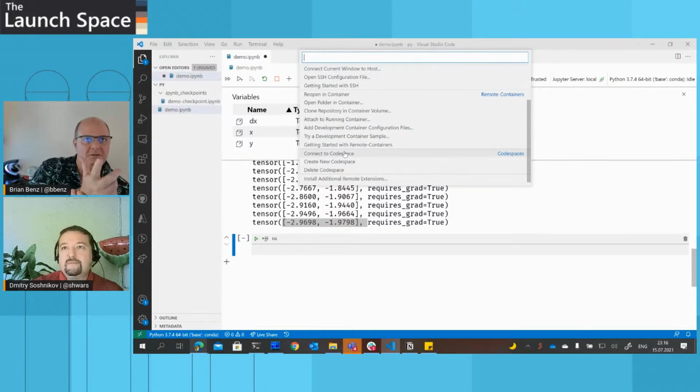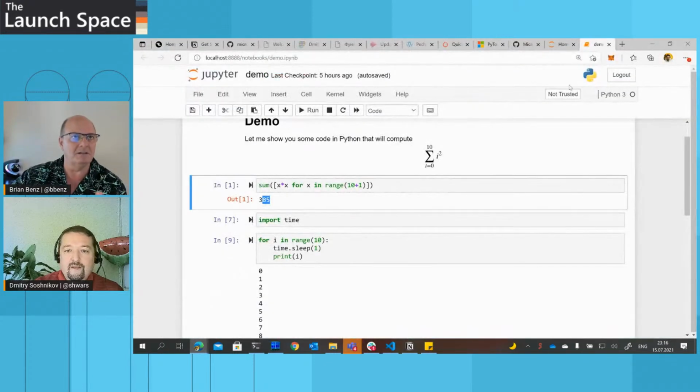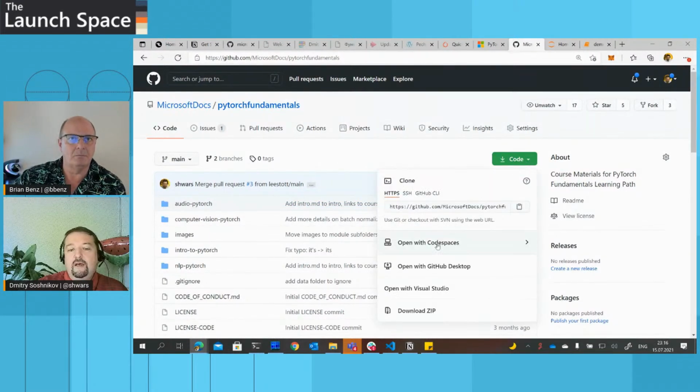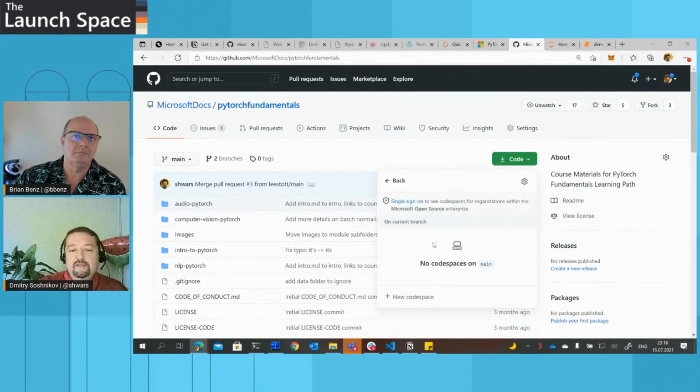And then when you do that, what's cool is basically you have the same interface that Dmitry's showing right now on Visual Studio Code. So if you go up to the GitHub link up there, Dmitry, you can show GitHub integration. It'll be basically the same. Yeah, so the way Codespaces work is that you have this code button. And if you have access to Codespaces, you have this open with Codespaces. You can say, I want to open this in a new Codespace. Yeah. And that's how it will work. Yeah, it will create the Codespace view. Yeah, it takes a while to spin up sometimes. Especially when we're doing presentations, I think it has a trigger to make it slower. But anyway,